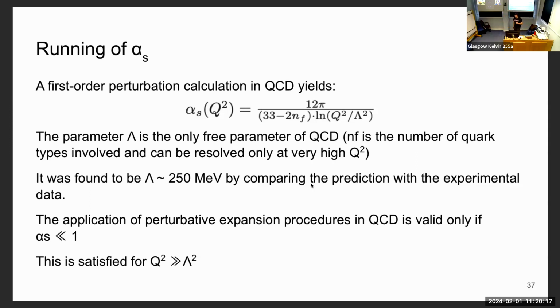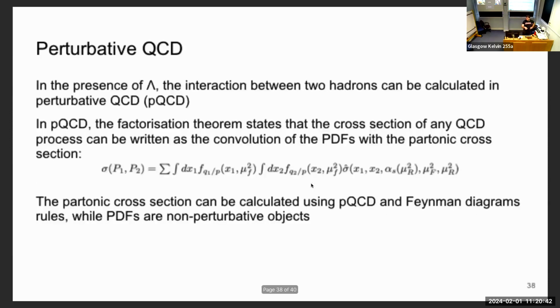Lambda is set to 150 MeV by experimental observation. So if your Q squared is much higher than lambda squared, then you are perturbative, as we are at the LHC, for example, now. If you pass that threshold, that means you can do some approximation and define something for the perturbative regime,